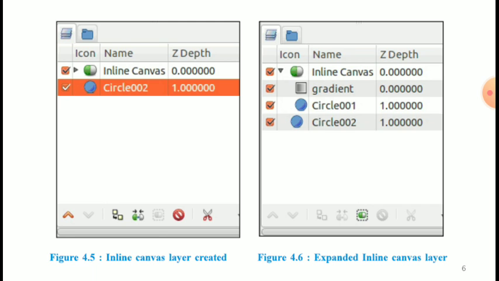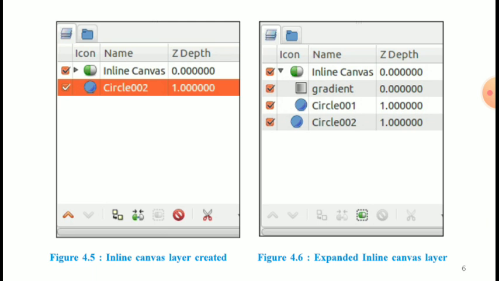expand to show you the two layers, gradient and circle, as given in figure 4.6 and figure 4.7. So the canvas with gradient applied only to the smaller circle.